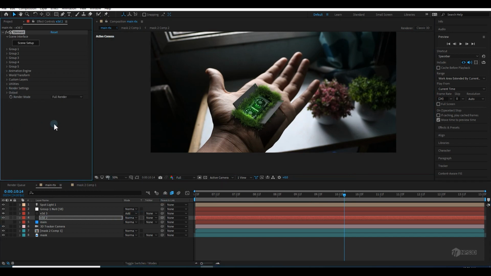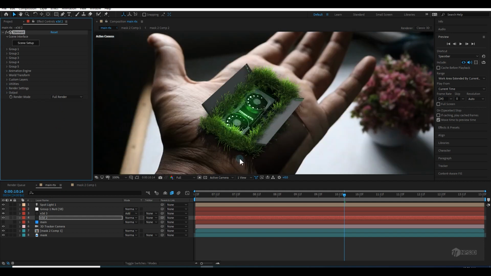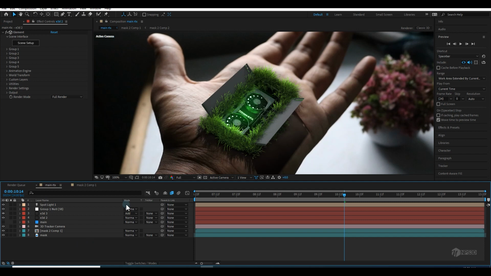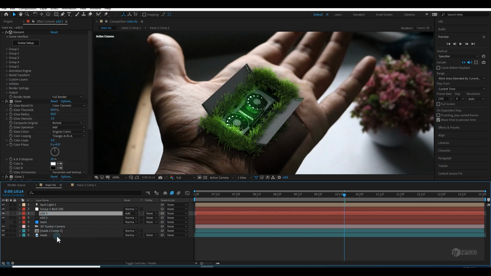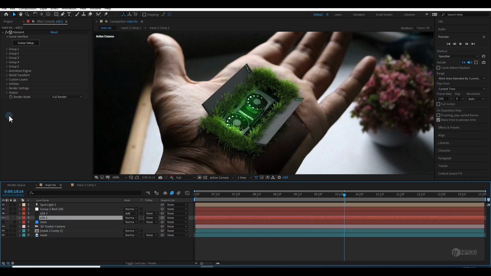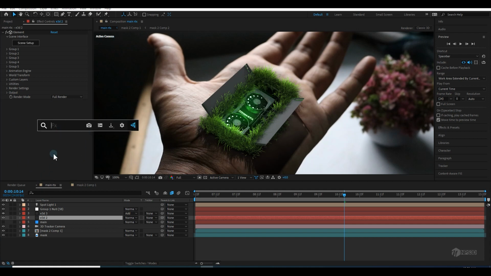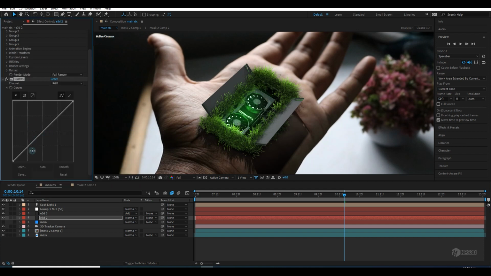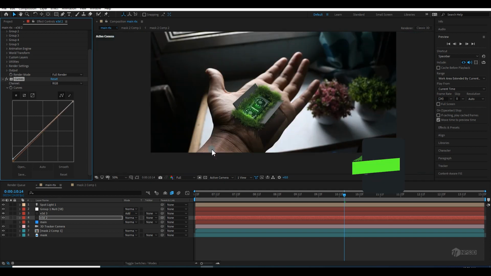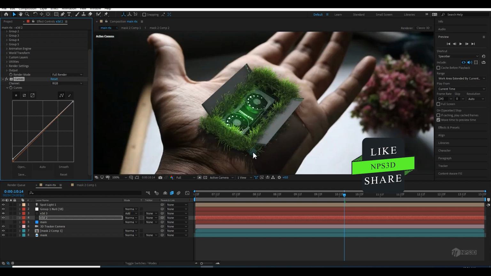So for the finalization, make sure everything is set to full and you enabled all the sampling. You can apply some color correction. Like in this one, I want a cool effect and just make it a little bit like this, so it will match our scene. And you can apply a depth of field as well, and make sure to apply motion blur.